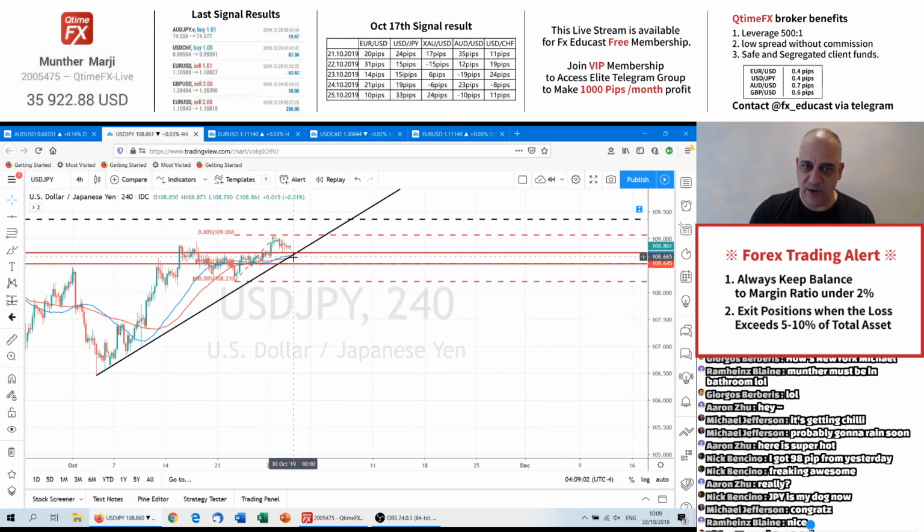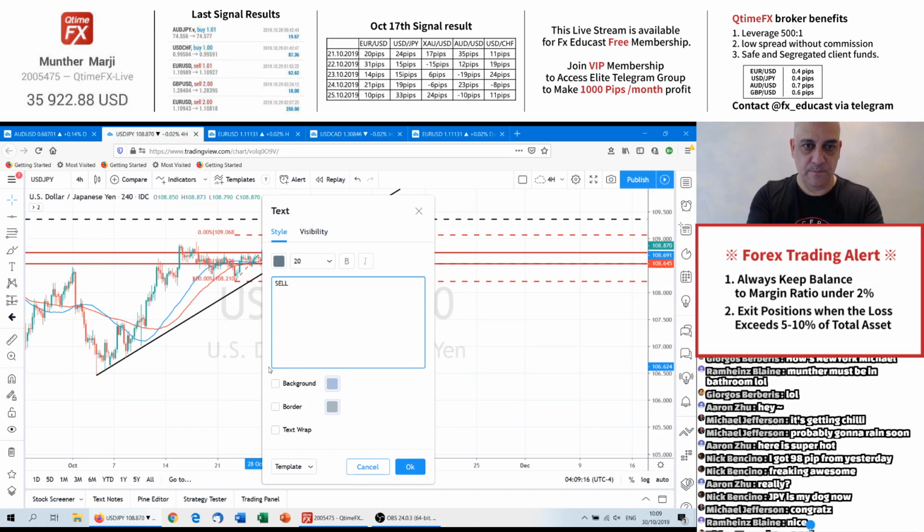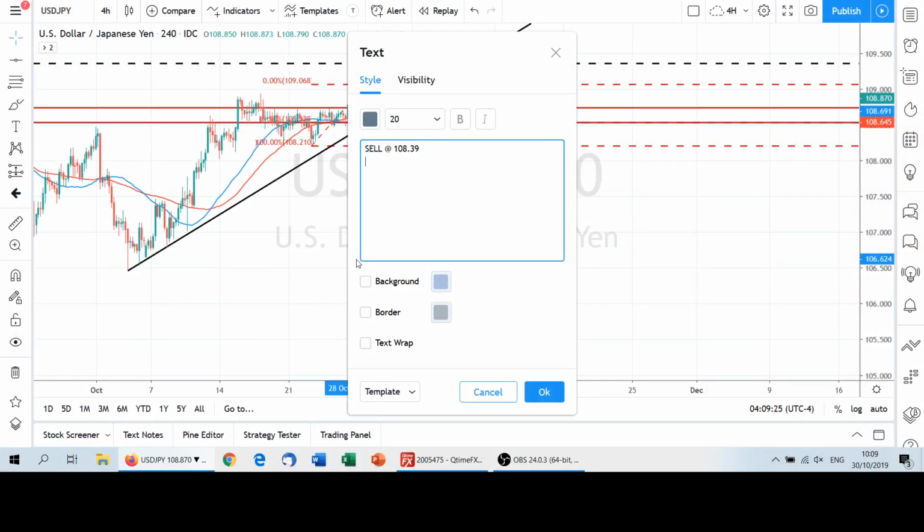So a break below this area is a shorting position below 54. Let's say 15 pips below that. I would place my short position at 108.39, and my stop, as we have discussed, we want our stop to be above 37. I'm going to place that 20 pips above 37, so it's 109.57. This is my stop,